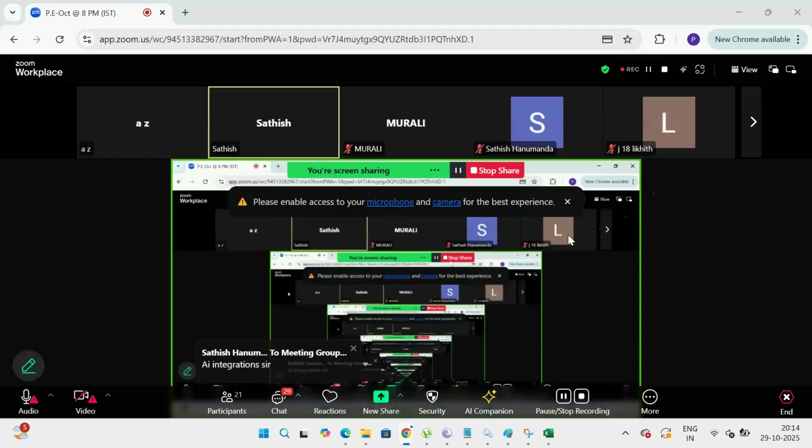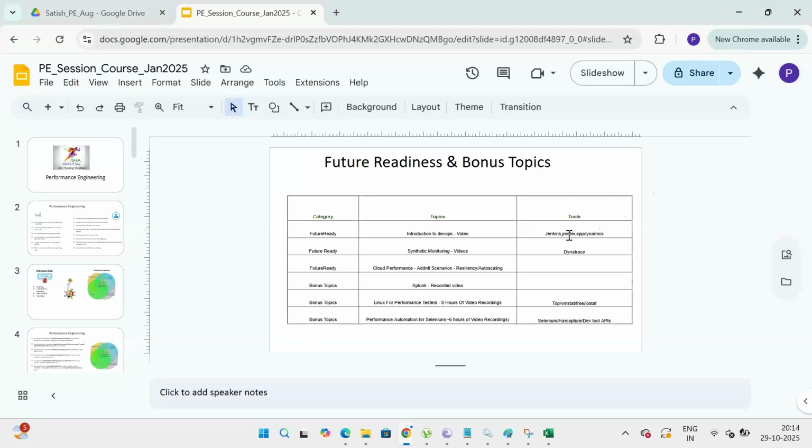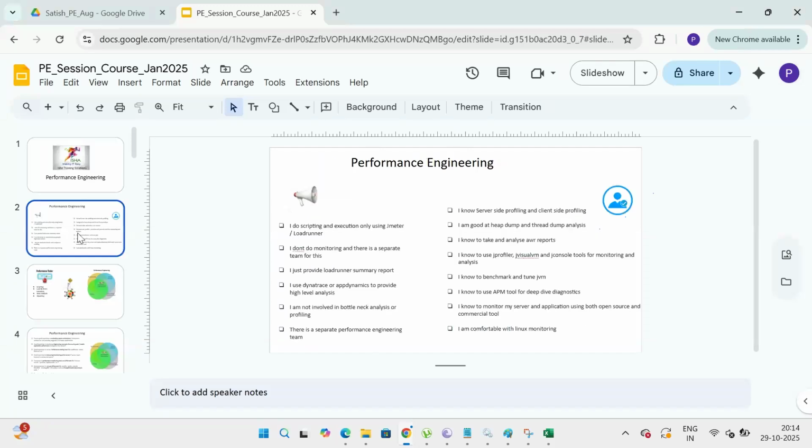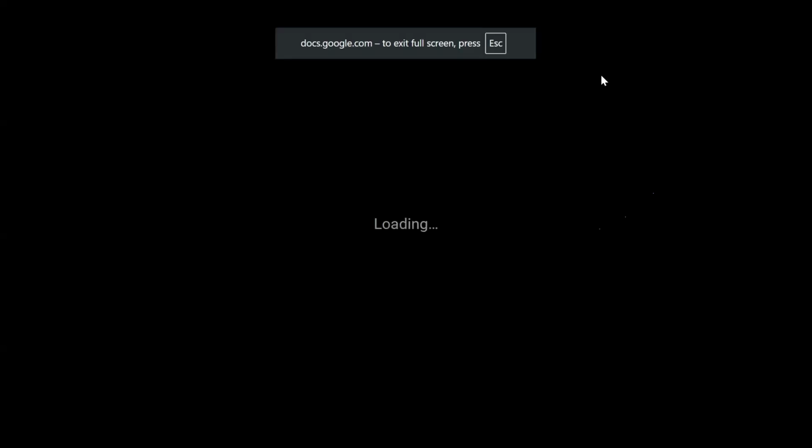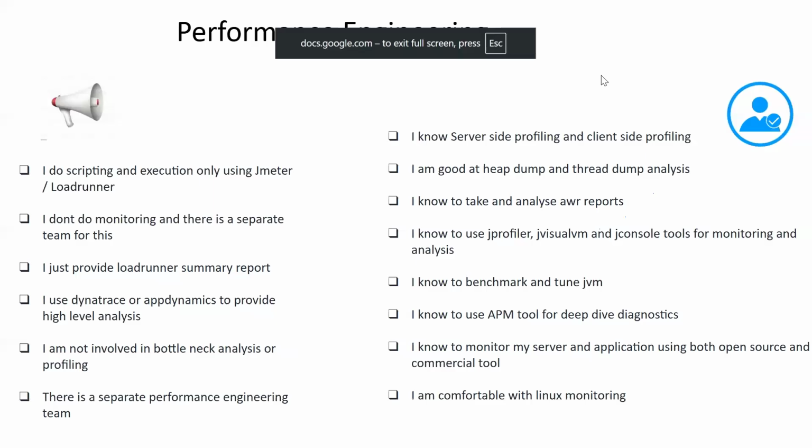Okay, fine. Pretty much whatever you mentioned, right? Most of the people who have joined, I presume that you are from a performance testing background, at least the majority. So you might be doing the scripting and execution and preparing the summary reports using JMeter or LoadRunner.